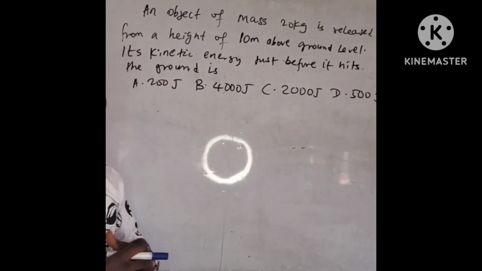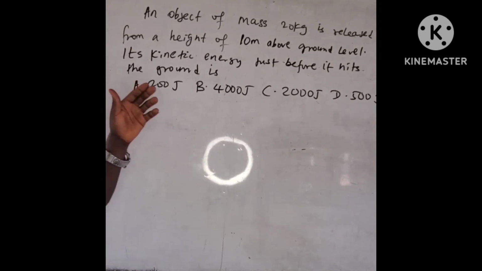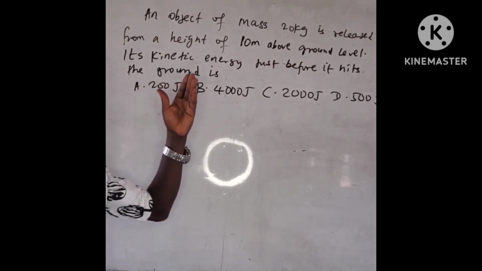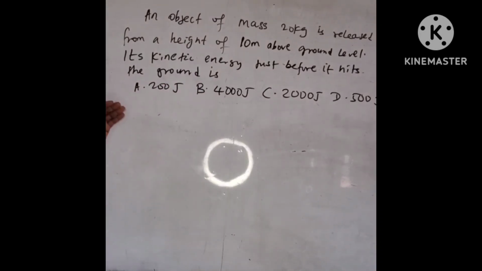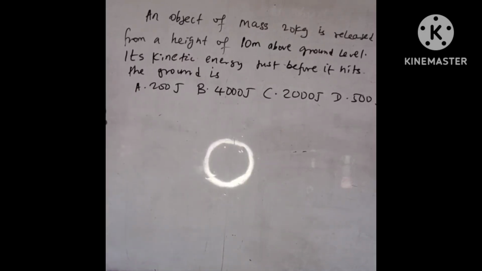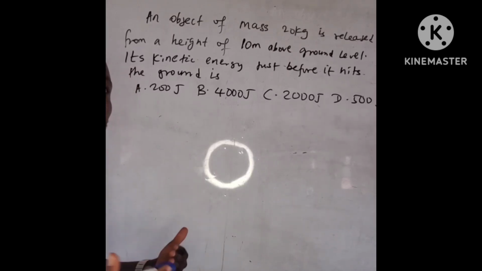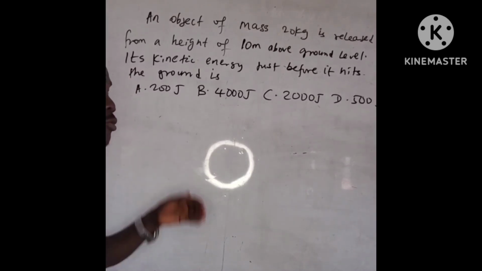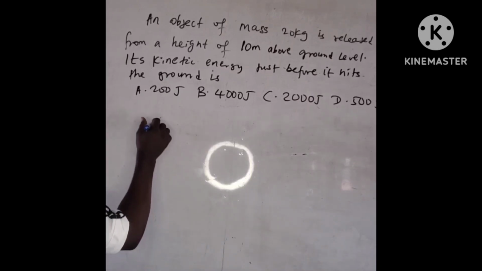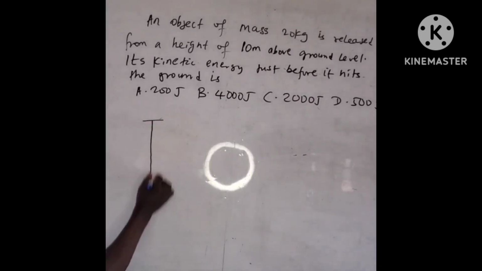JAMB 2014: we have an object of mass 20 kg released from a height of 10 meters above the ground level. Its kinetic energy just before it hits the ground is what? So for us to get a solution to this question, we need to understand something, that whenever an object falls to the ground from a certain height,